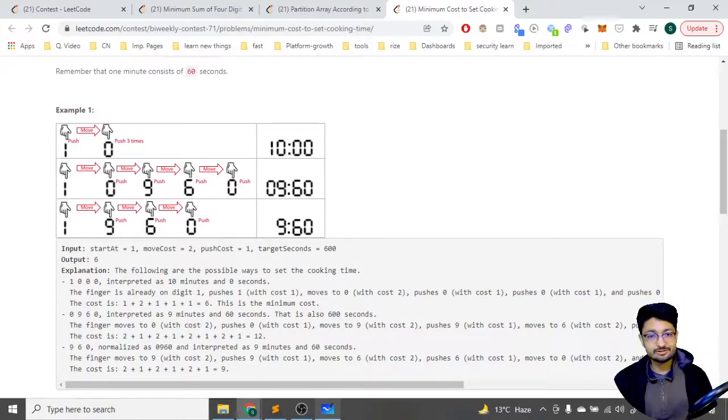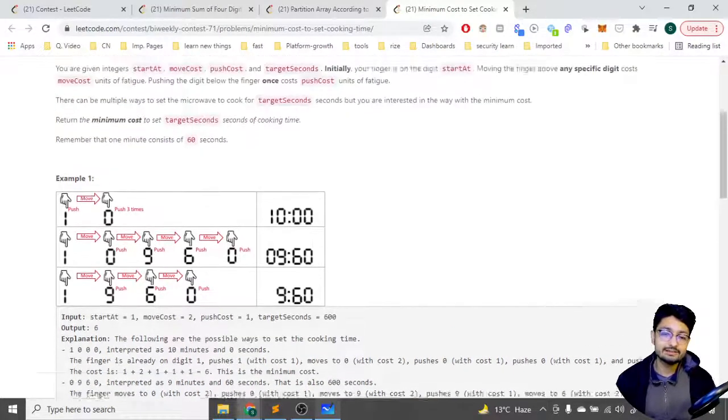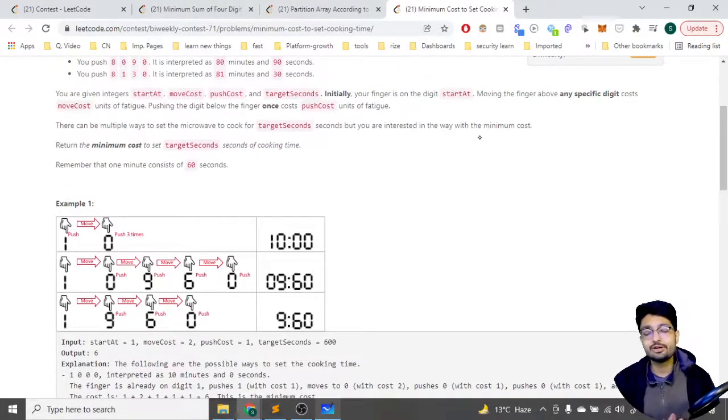Now you can pause this video, nothing too complicated. What you can see here is that you have two options at every point in time. By two options I mean two or three options. The first is, let's say the total seconds you have is less than or equal to 99. Then you don't have any option, because the minute will not actually take place. Or actually, if it is less than 99, what you can do is